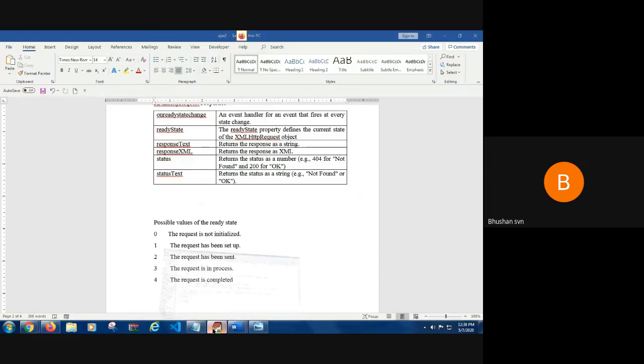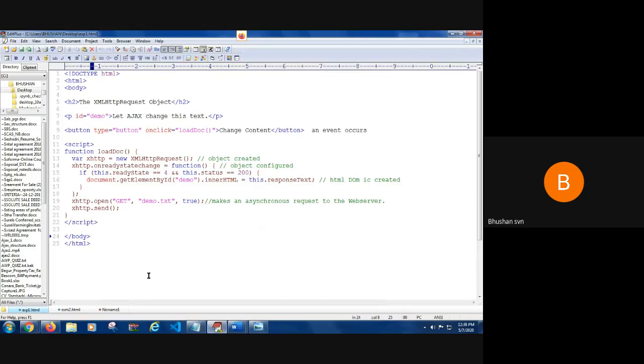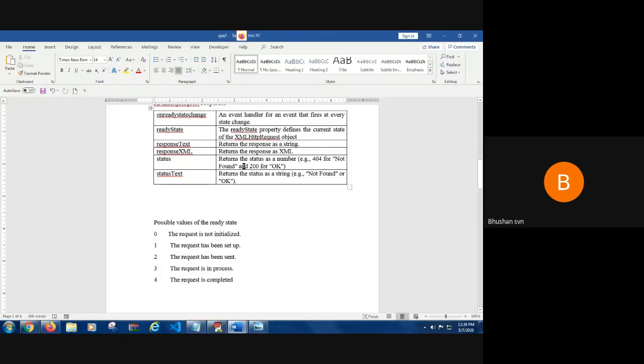That means I want to make sure that whatever request I'm doing, what is that request? When I'm clicking on a button, something should happen. That is a request. And this dot status is 200, that means it is okay. So one condition is the request should be completed in all ways, and the status of that is 200. What do you mean by 200 here? 200 means the status is okay. That means the entire information has correctly reached the server, and it is being processed properly.